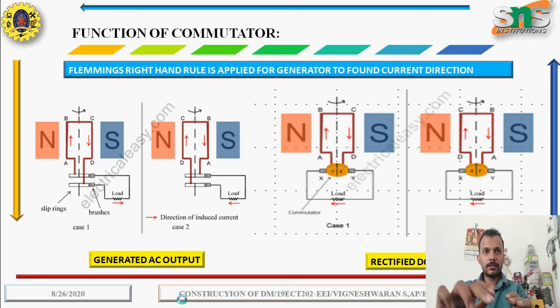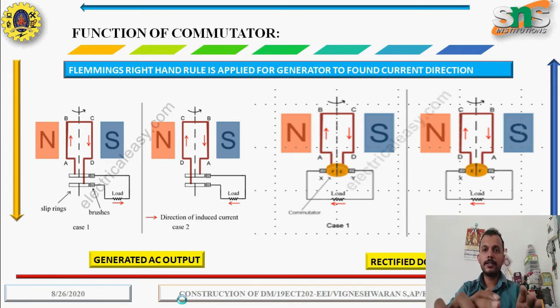In the third and fourth diagrams, cases 1 and 2 of the second half, you can see the load current is the same. This is achieved by using the commutator. In the first two there is a slip ring arrangement, and in the last two there is a commutator. The commutator and brush arrangement makes the current flow in the same direction, with no change in direction. So we have produced DC from AC using this commutator arrangement.